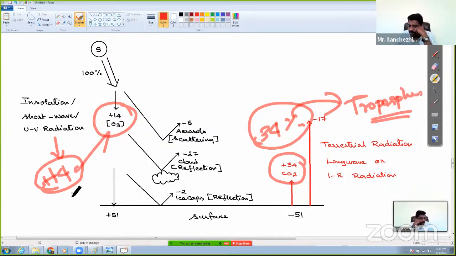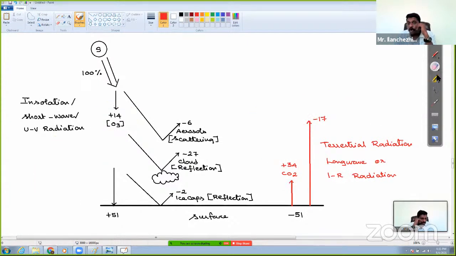Stratosphere, my friend. So that's the reason I said the major source of this heat is terrestrial radiation, my friend. Not the insolation. Whatever be the case, somewhere I have just brought the balance between incoming solar radiation and outgoing terrestrial radiation. Now,